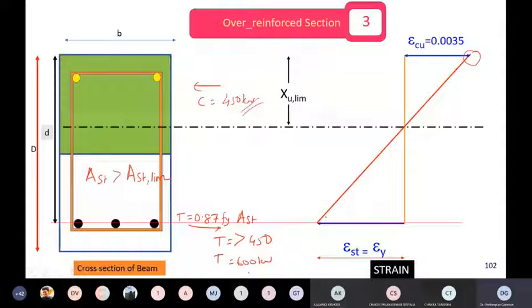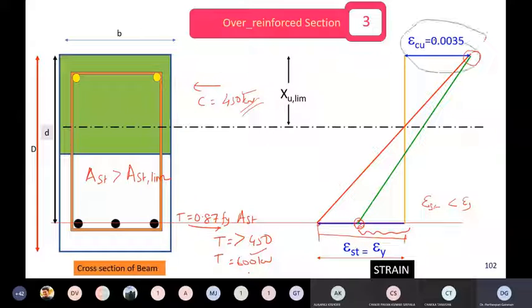At that time, the strain in the steel will be less than yield. So let us say I am going to mark this: when the concrete fails, my strain in the steel here is less than, this epsilon is less than epsilon y, because epsilon y means here it has to come here. This is epsilon y. But since your concrete is taking lesser load than the steel, concrete will fail first. At that time, your strain in the tensile steel will be much less than the yield strain.